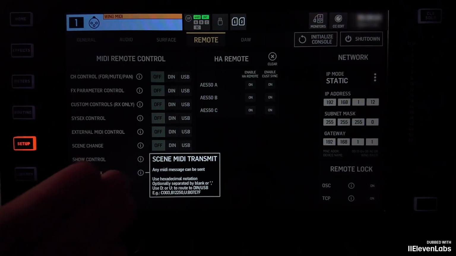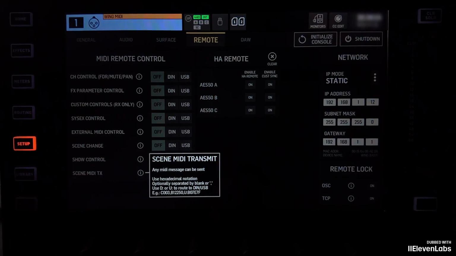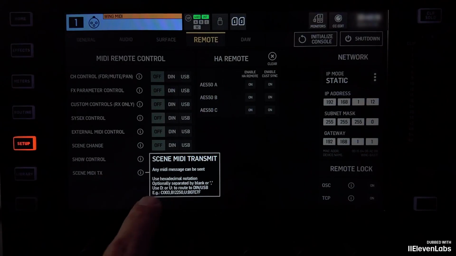In my case, it says here, any MIDI message can be sent. Use hexadecimal notation, optionally separated by blank or comma. So you can choose whether to use spaces between individual commands or a comma. Now, very important, use D colon or U colon to route to DIN or USB.